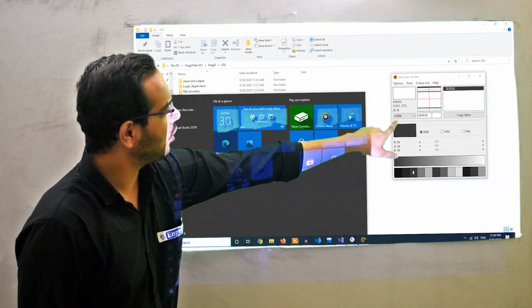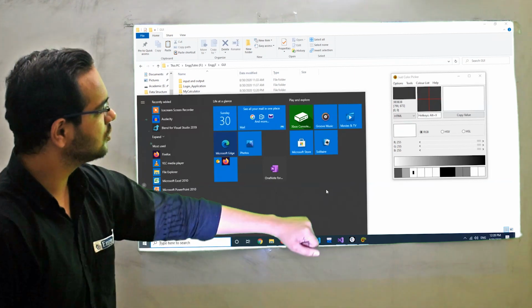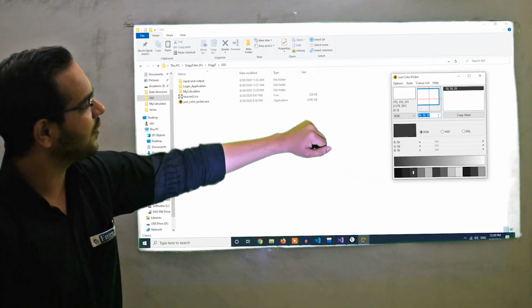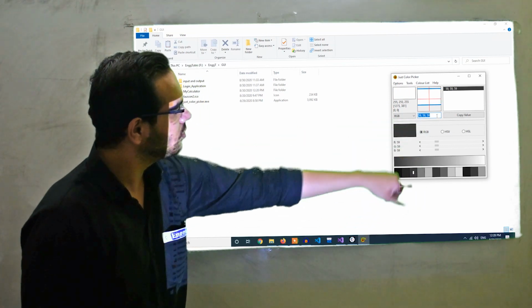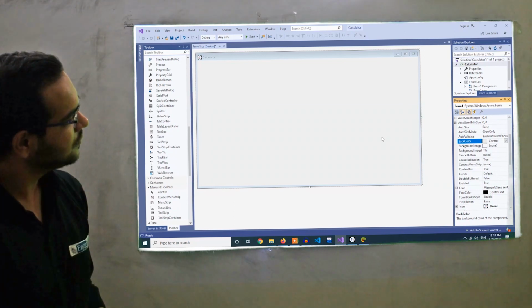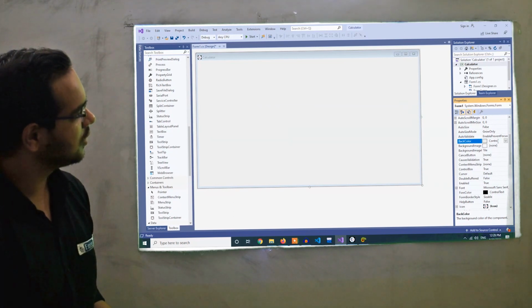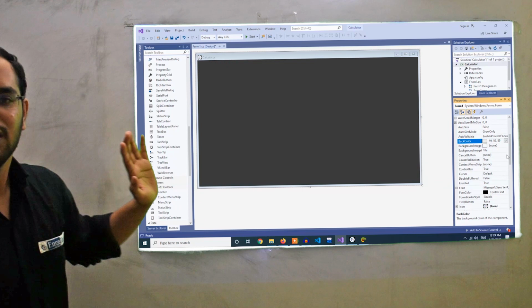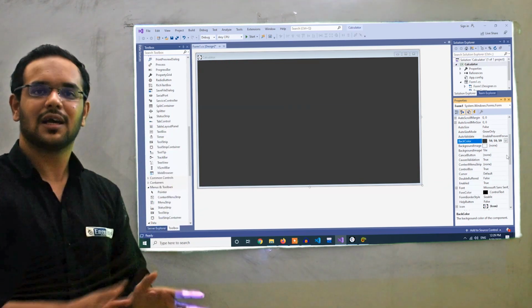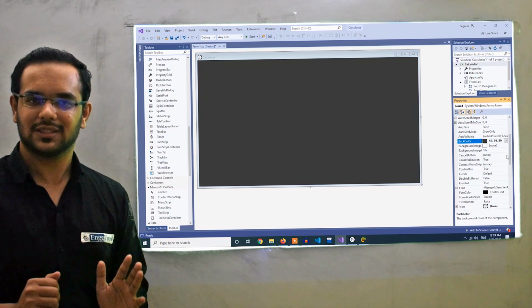We don't want the HTML value, we want the RGB value. So here it is, RGB value 59, 59, 59. Just copy that value, and paste it on the back color property. Just paste and press enter. So we will get our background color. This is super simple. You can use any color you want from any application.